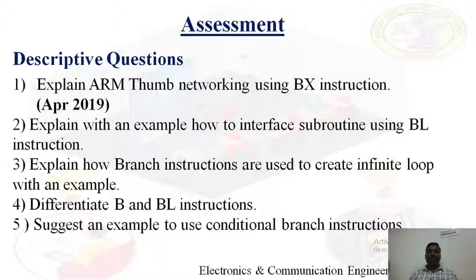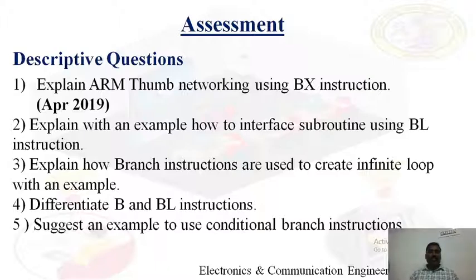Whenever it takes the jump, it always continues from there. But BL always holds the return address. Wherever it jumps to some subroutine or some part of the program, it has to return from that. That is, the link register holds the value.